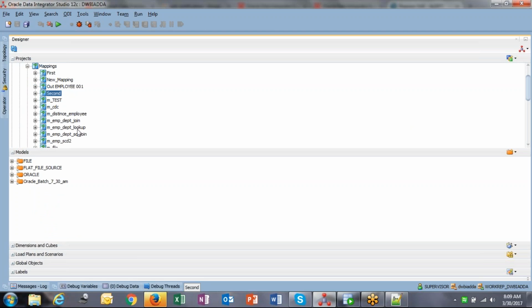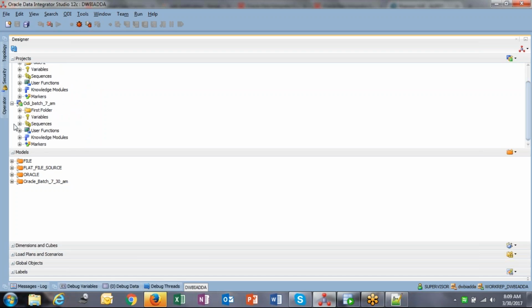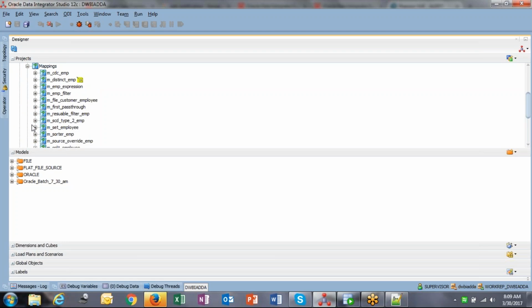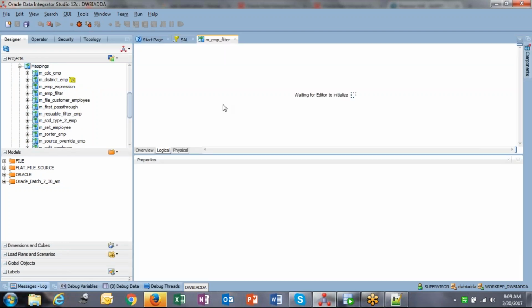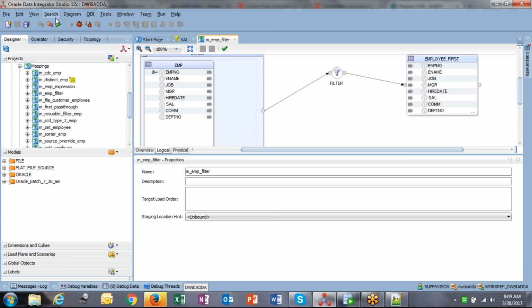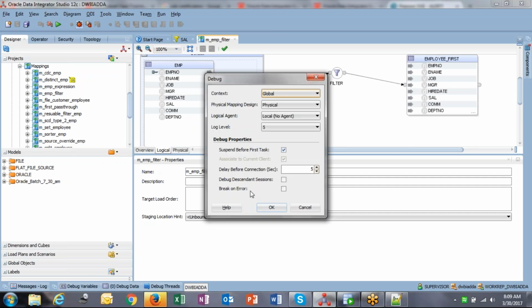And finally, let's take one mapping here. Whatever you want. And when this one is open, on top of that, we can see an option here, debug session. Okay. So when you start a debug session, it is trying to start the debugger with the required options. And